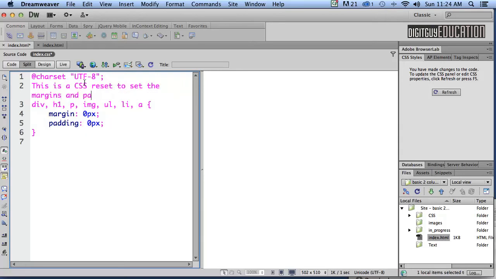this is a CSS reset to set the margins and padding of the chosen elements to 0,